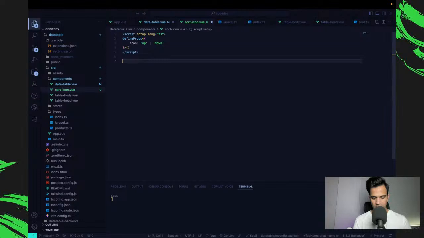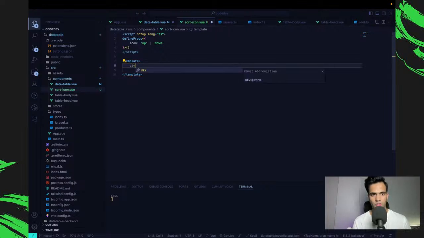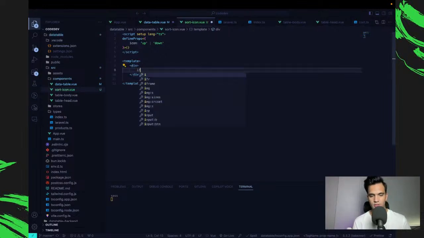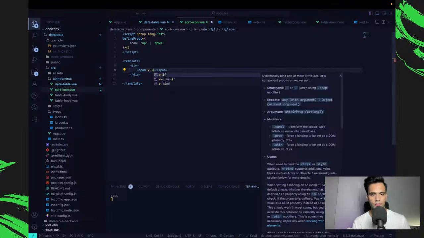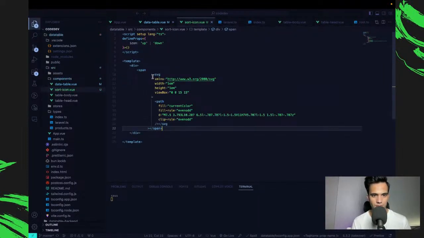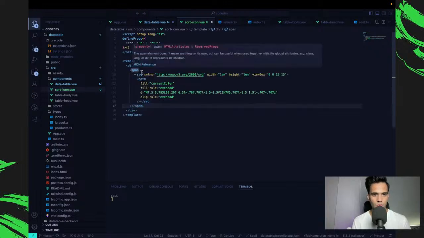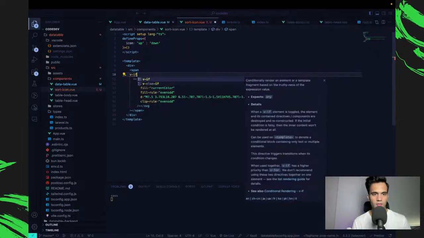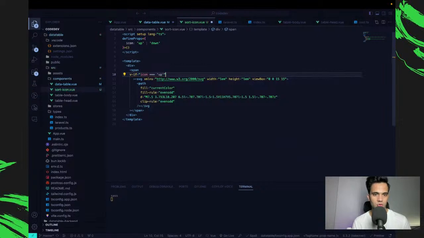So let's go to template, and it's going to be a very simple logic. We're going to create a div, or we could also go with a span. I'll just remove that div actually. In fact, let's just paste our span from there. If icon is equal to up, then we display this icon.